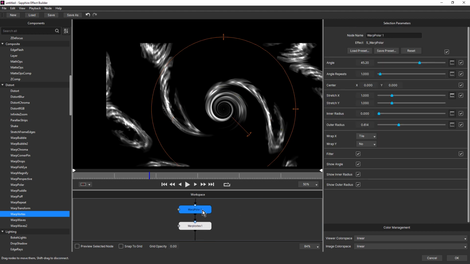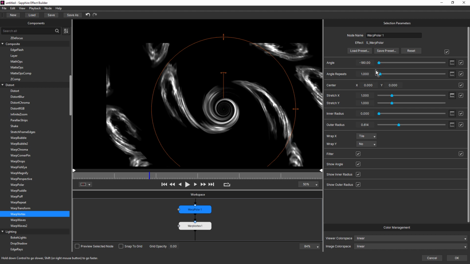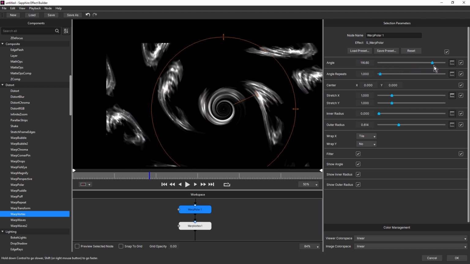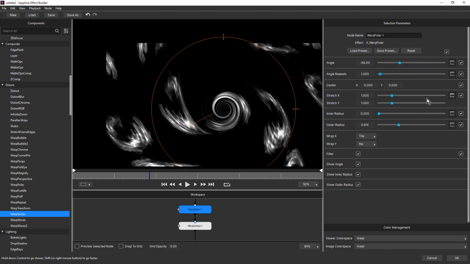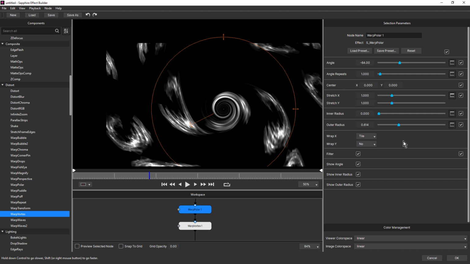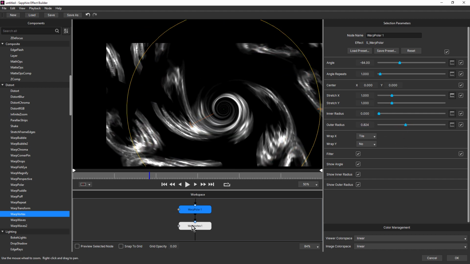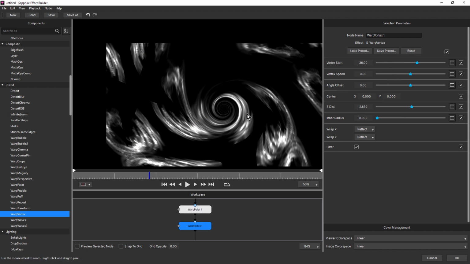Let's come back to warp polar. Remember, all of these are animatable as well. Going to undo that. Outer radius. We can have a look at all of that later. I'm just not convinced about the warp vortex.